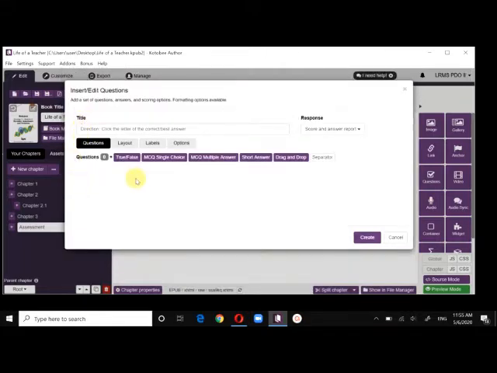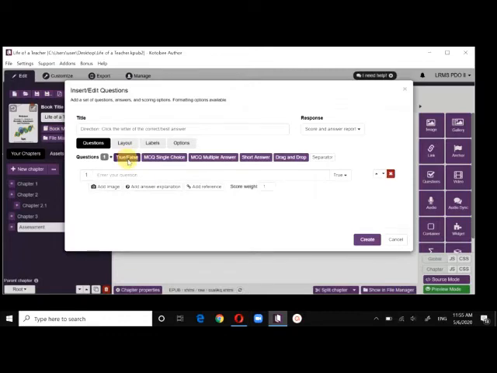So how to create a question? Just click the question type. So I click the first question, which is true or false. True or false question has 2 choices and 1 correct answer. My question here is, Andres Bonifacio is our national hero. And the choices are